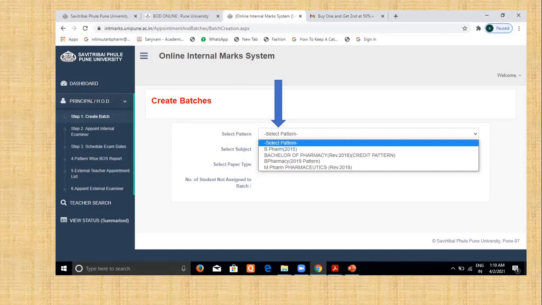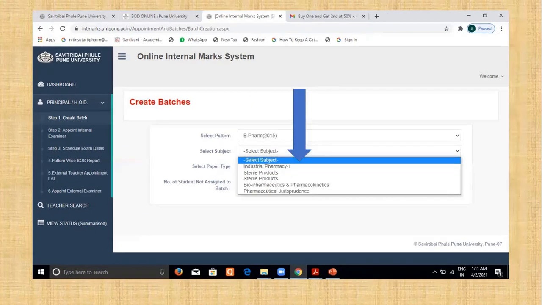So for that, you have to click on that subject, then internal, that is for your internal sessional. And the same subjects for practical, that is your external examination of the theory. And the same is there for the practicals, that is, practical internal, and practical means external practical exam. Then you have to select a pattern.